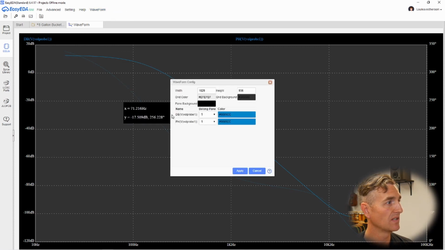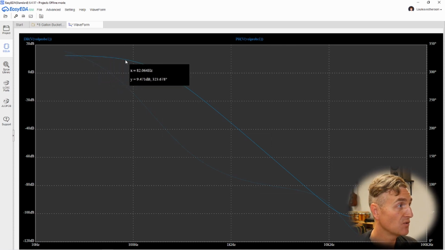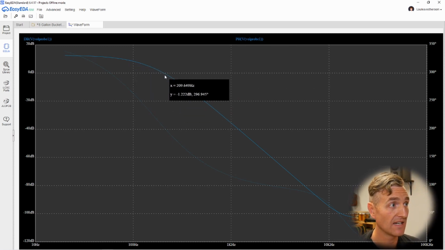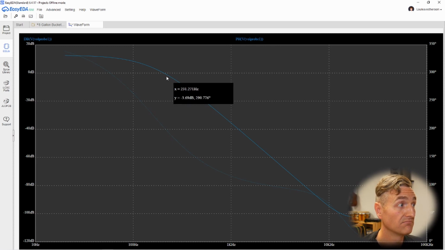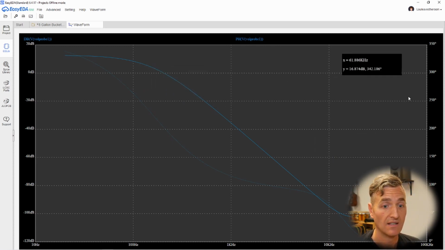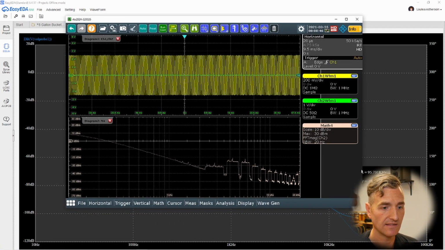I was looking at this waveform configuration. There's the downside of using Easy EDA: it doesn't have a ton of tools when it comes to the simulator. I would really love to be able to place a marker on this waveform. Apparently that used to be a thing, but it's a bug right now. And I can't get it to work. Be that as it may,